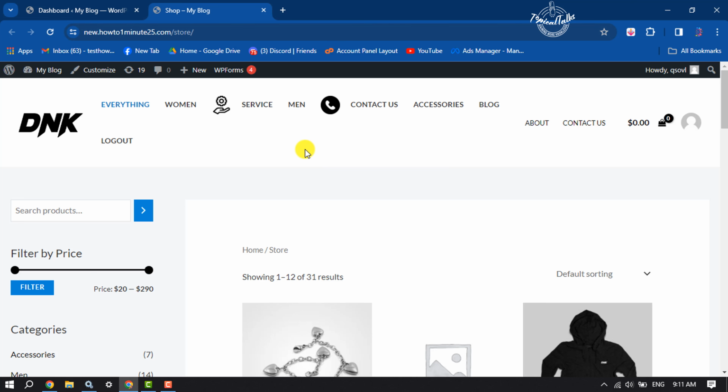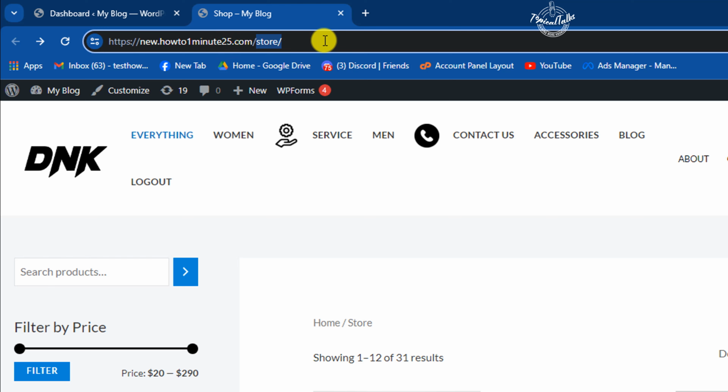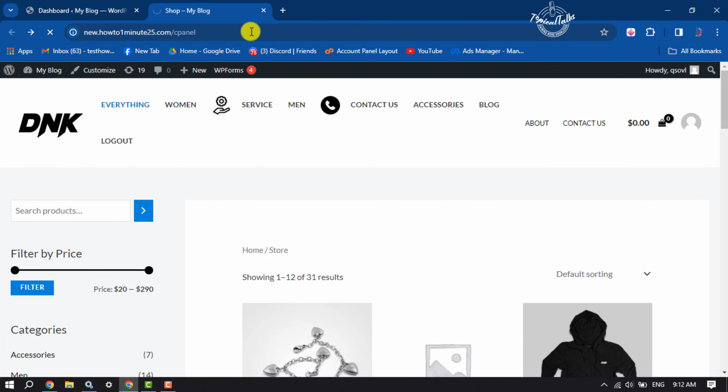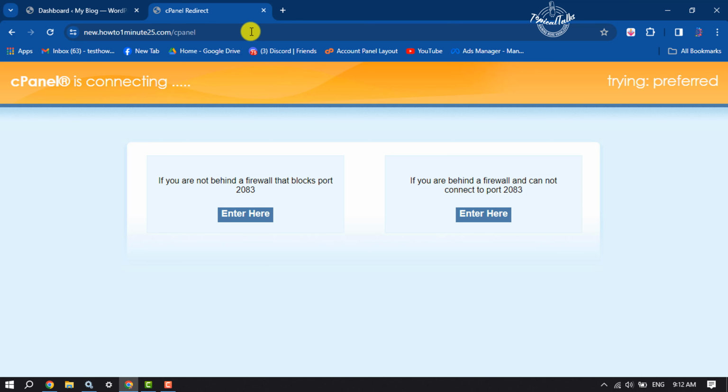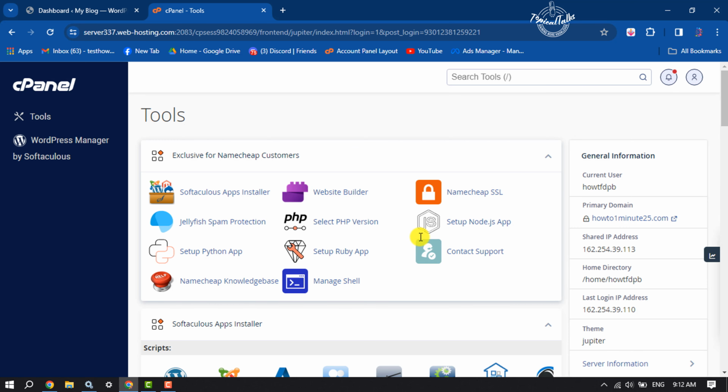First of all, we have to open our cPanel. Open your website cPanel. After your domain name, just give a slash and type cPanel and hit enter. And now all you have to do is enter your cPanel username and password and log into your cPanel account. Once you are in your cPanel